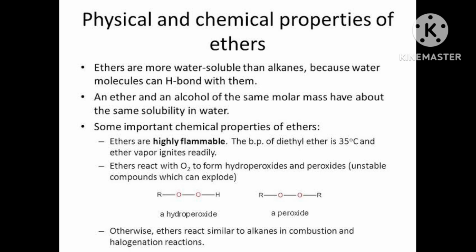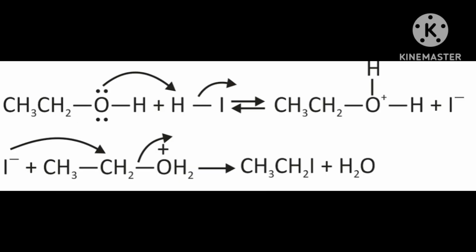Where will this iodide go? Because iodide is a good nucleophile, it attacks the least substituted carbon of the oxonium ion formed in step 1 and displaces an alcohol molecule by